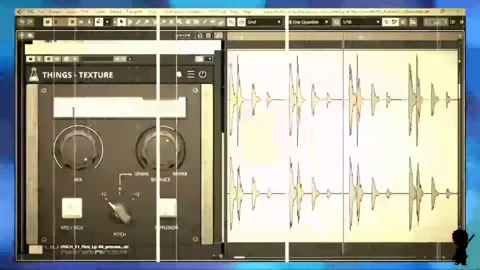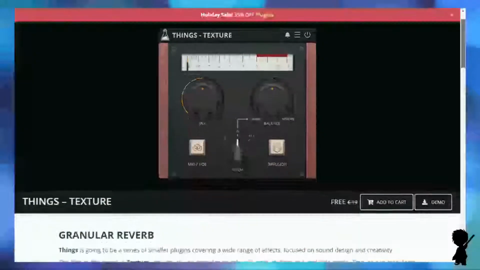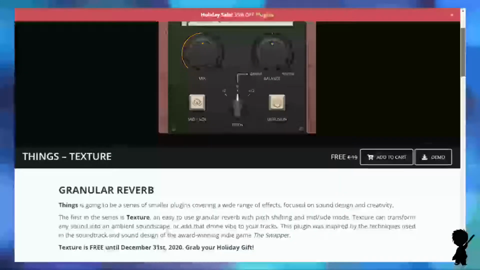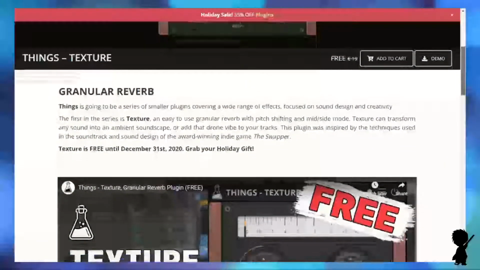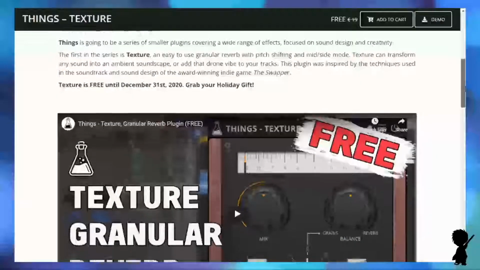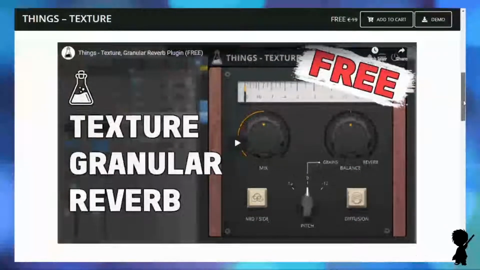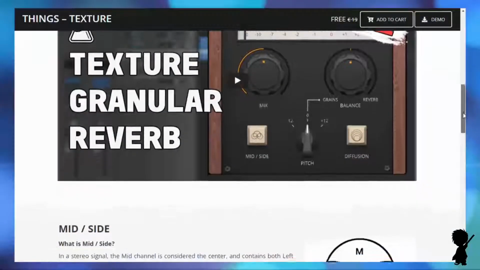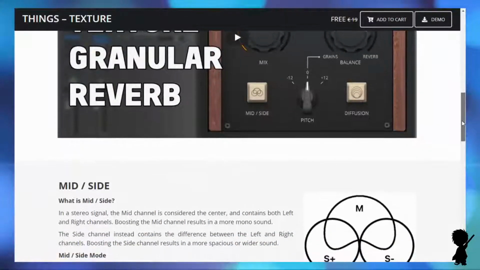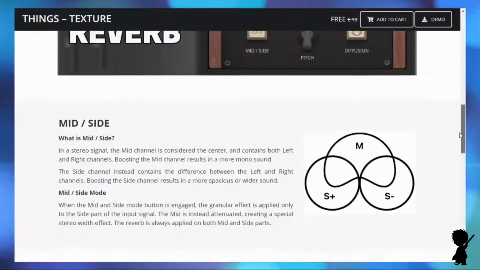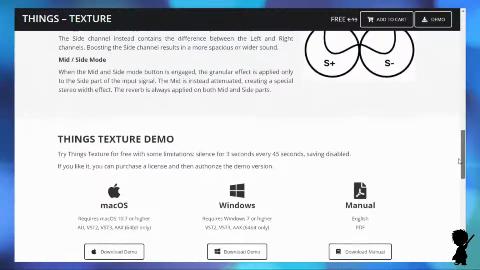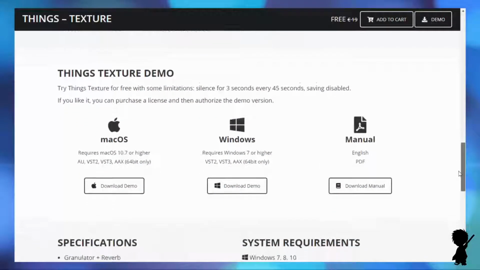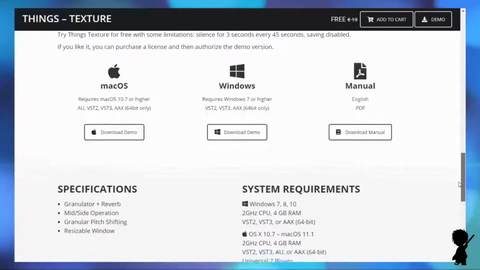from AudioThing called Texture. According to the website, AudioThing described Texture as a granular reverb that comes complete with pitch shifting, mid-side mode, diffusion, and the ability to mix between wet and dry, grains and reverb. And I quote, "Texture can transform any sound into an ambient soundscape or add that drone vibe to your tracks." And if you hurry, you can pick it up for free directly from the AudioThing website until December the 31st,